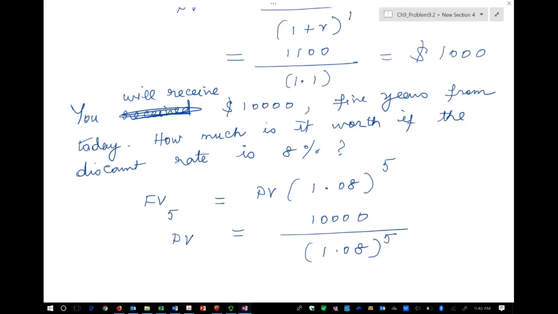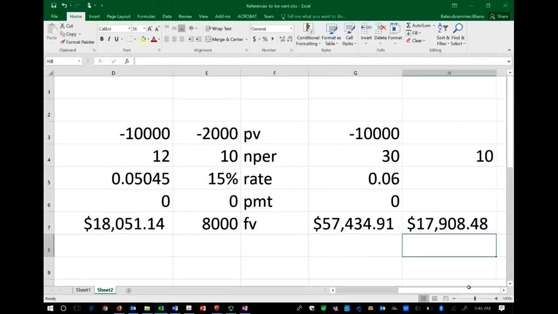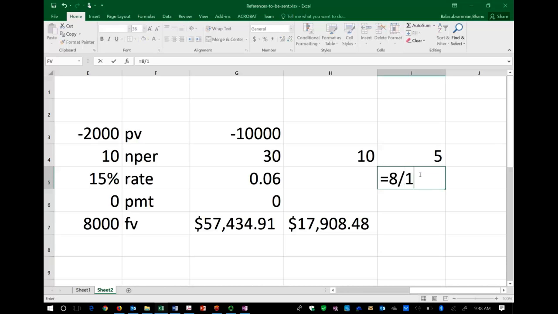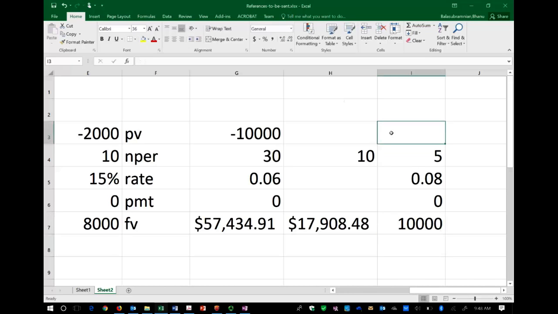So, you can do the number crunching in your calculator, or let us do our Excel spreadsheet. I do not know the present value, number of period is 5, rate is equal to 8 divided by 100, payment is 0, my future value is 10,000. I am going to calculate the present value,